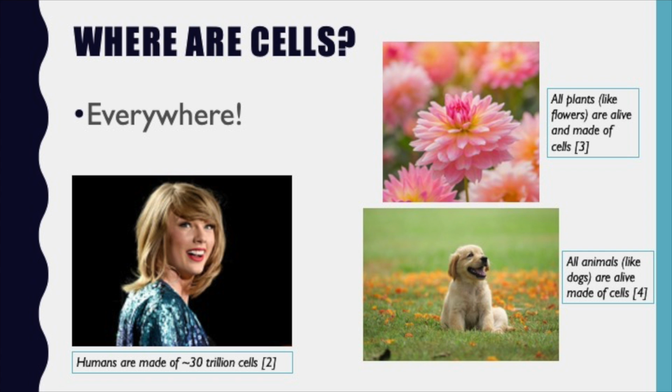So, on a similar note, where are cells found? Well, cells are found everywhere. So, you and I, humans, are all made of cells. All dogs and cats are made of cells. Even the plants outside, so flowers, grass, trees, everything is made of cells. Cells are the smallest part of life, and they're able to work together again with teamwork to make really large things. So humans like you and I are made of over 30 trillion cells, which is a lot of cells working together.